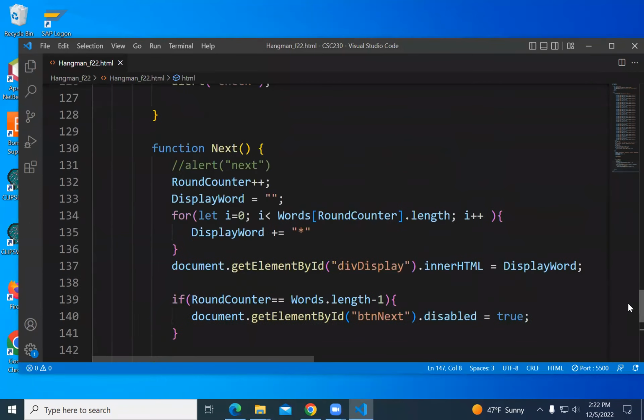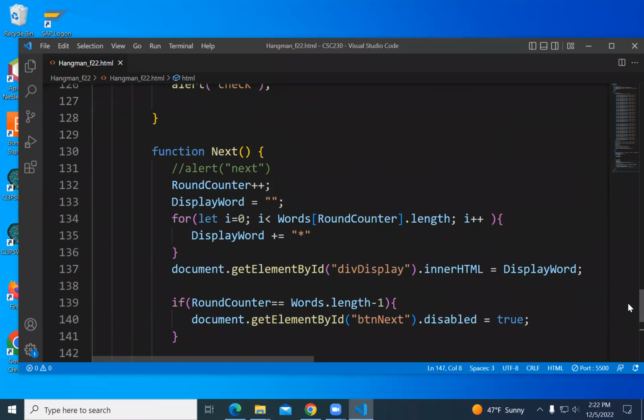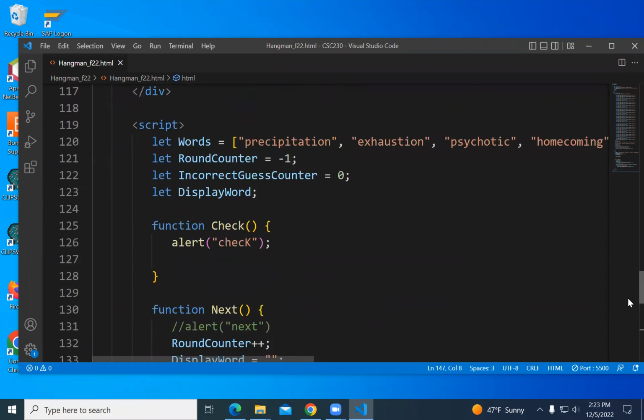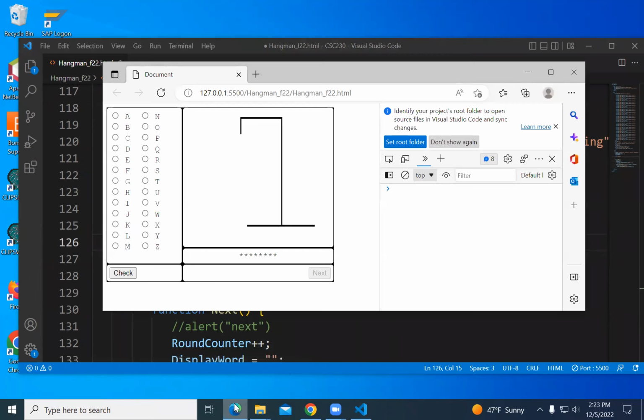Okay, so we know how to move to a new word. We may have to come back and tweak it a little bit, but let's talk about check. So what are we going to do in check? How does this game of Hangman work?